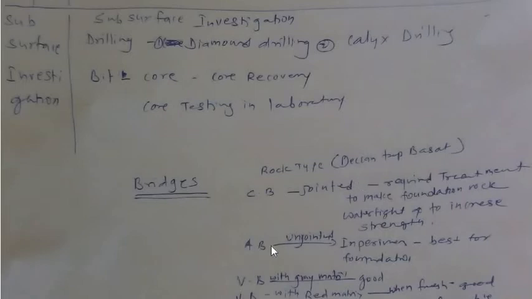Then the second rock, as far as construction of a bridge is concerned, is amygdal basalt. You know the amygdal basalt is an unjointed rock. This rock is impervious, and therefore it is the best rock for the foundation of a bridge pier. Then volcanic breccia with a grey tachylitic matrix is also good, but don't allow this tachylitic basalt to be exposed